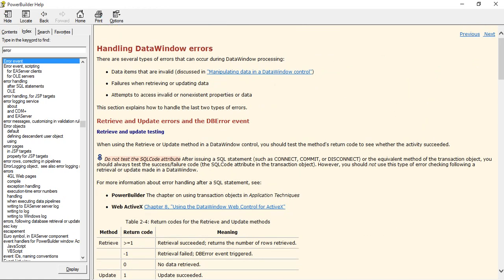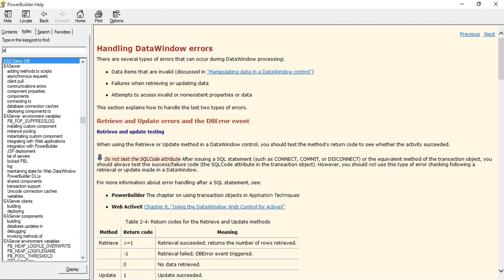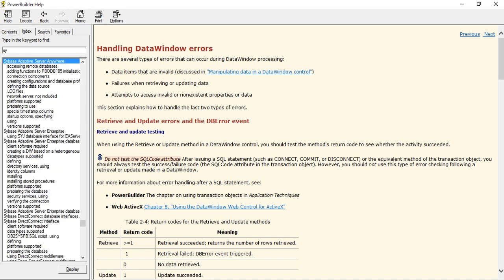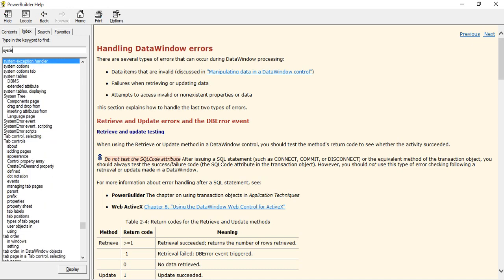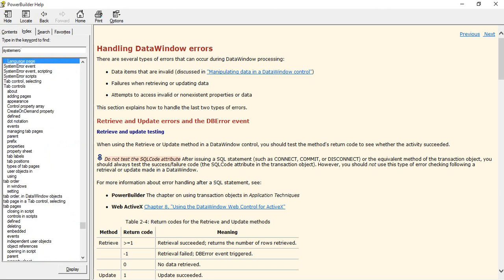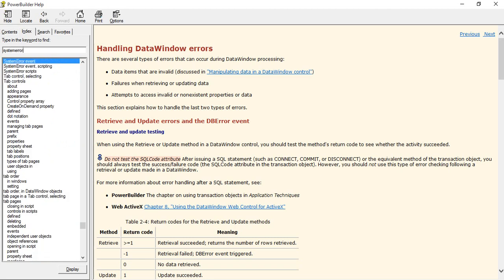One minute. Sorry. System error event. Yeah, this is the help. Help is where you can learn more about all the topics, but not without our discussion. If you open and read a lot of things, it might be confusing. So what we discuss in the video, you can also check in the help, and then it goes smoothly to learn.